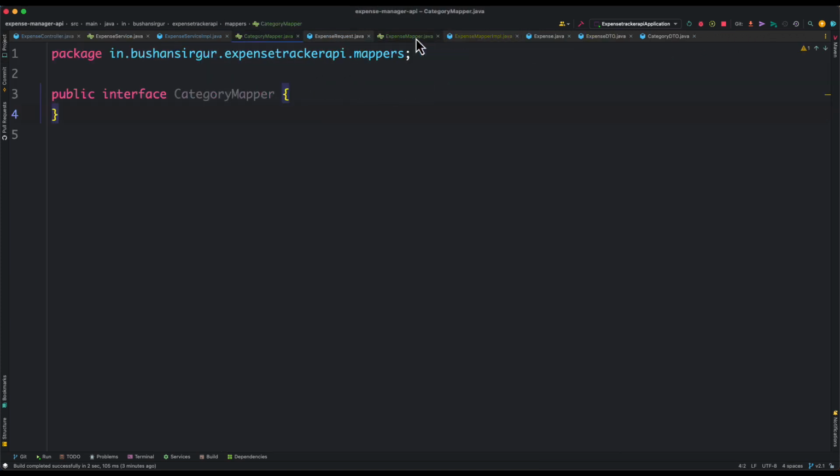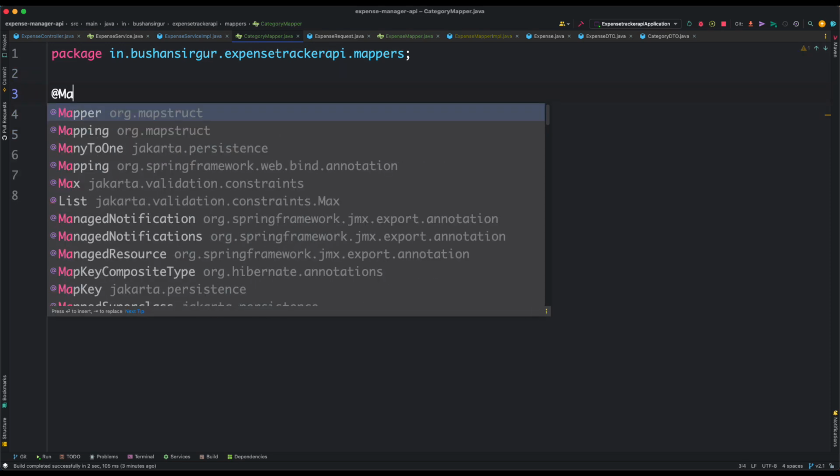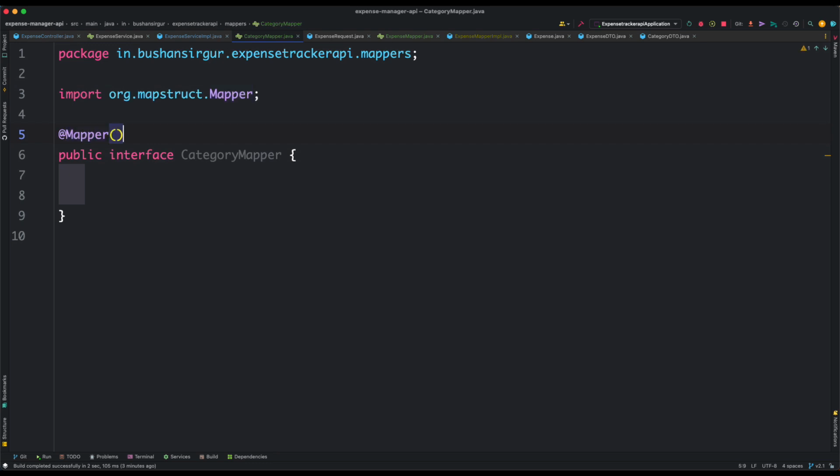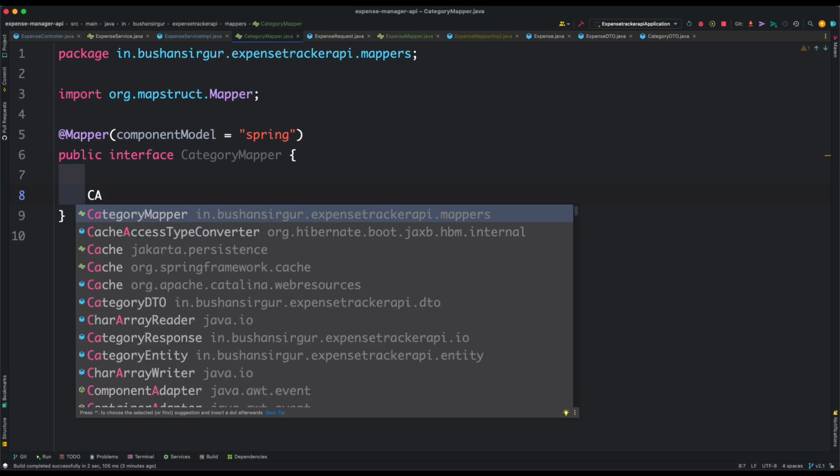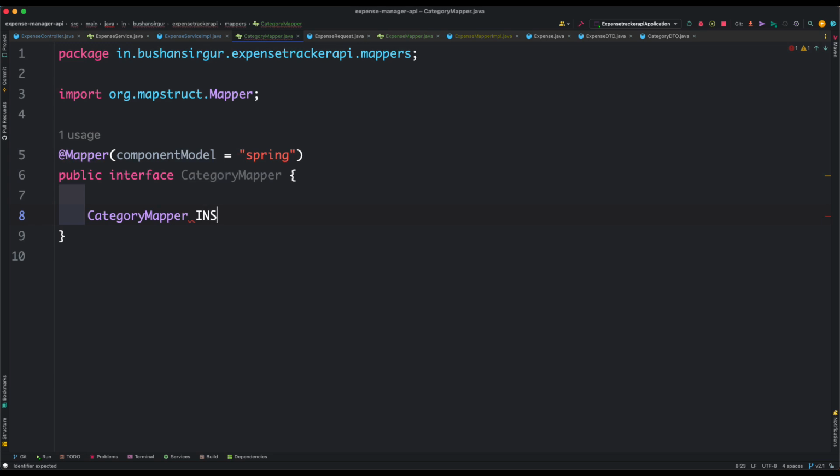Now let me expand this, and inside this, first of all, we need to make this a Spring component mapper. We will add the attribute component model, which is a Spring component model, and also we need to add the instance category mapper. We can call this instance is equal to